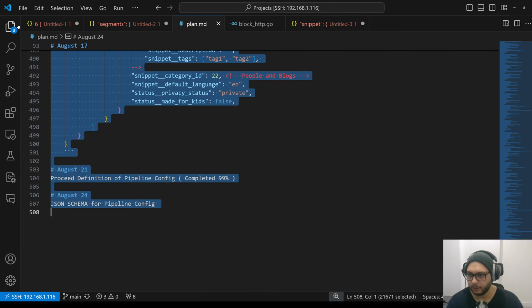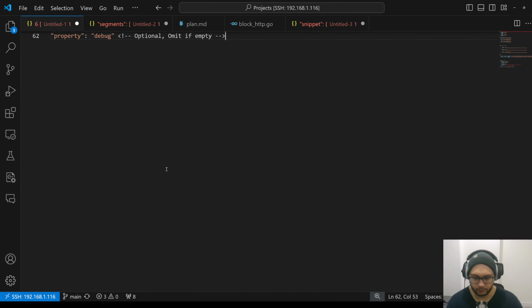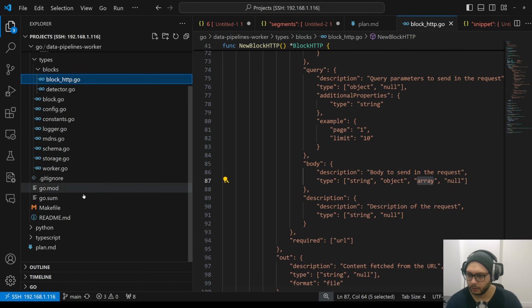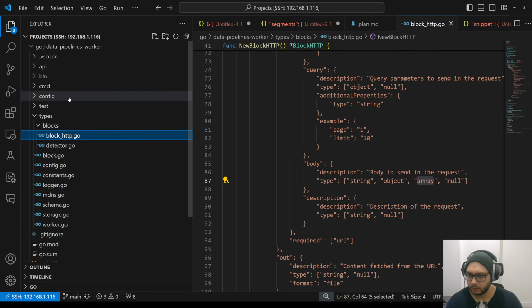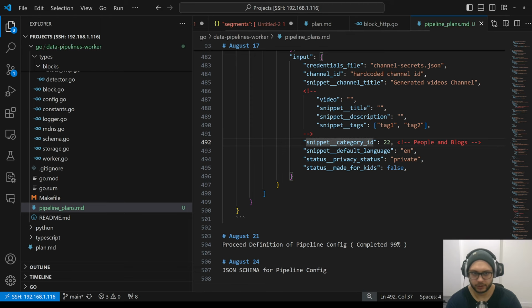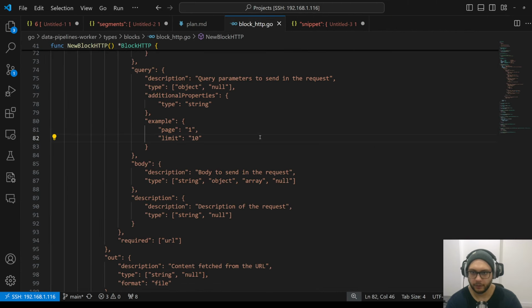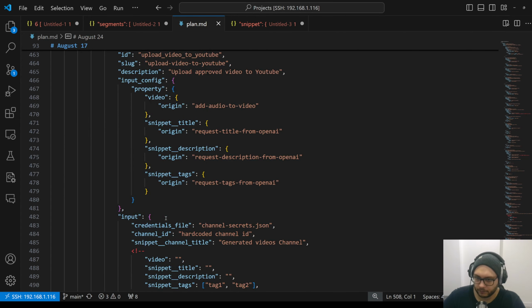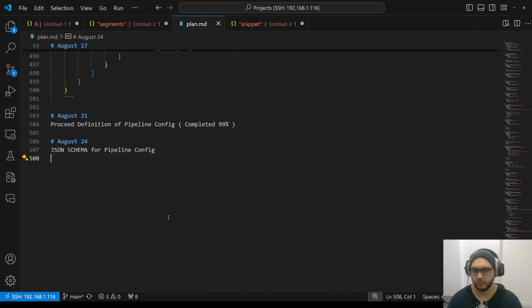And by the way, let me copy paste this whole config file to, no, not here, but to let's make a new file named pipeline plans md. It's just in case I forget anything later. So I will define JSON schema. It will not be that easy. I think it will take 2 or 3 days, or 2 or 3 streams,